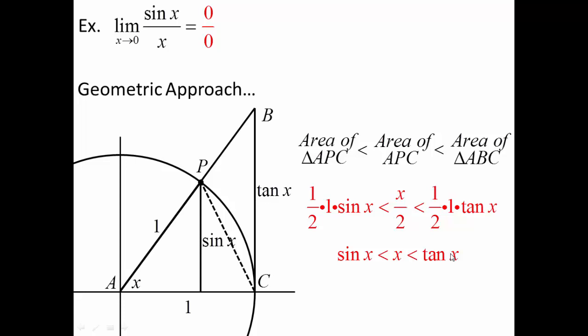Again, it still may not be obvious what I'm doing here, but bear with me. Now, for simplification purposes, I'm going to go ahead and convert tangent to sine over cosine because I don't like having 2 completely different trig functions. I want to get them as close as possible to just one trig function throughout. So converting tangent to sine over cosine gets me the same trig function here and here, but then I still have cosine.